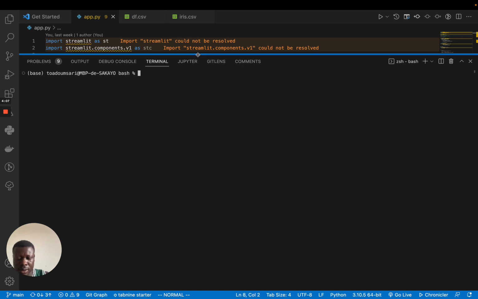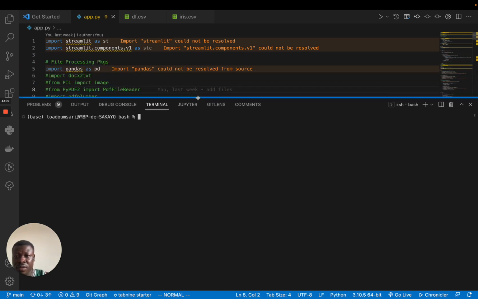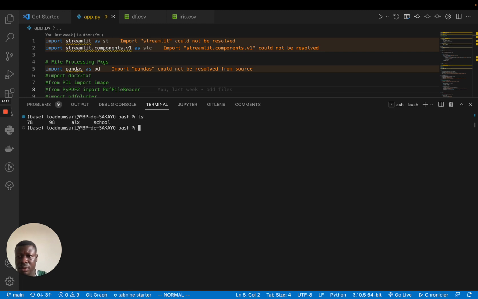Then the second thing to do is to go to the ALX file and replace the sentence that is inside with another one. So ls to see the content of the file, the ALX file, you do cat ALX. So we have echo ALX is school. So to replace this sentence,